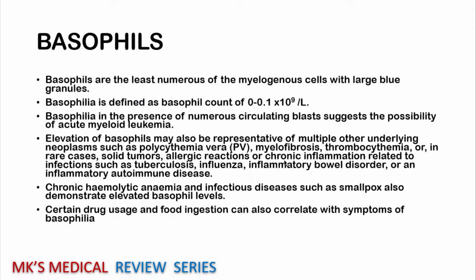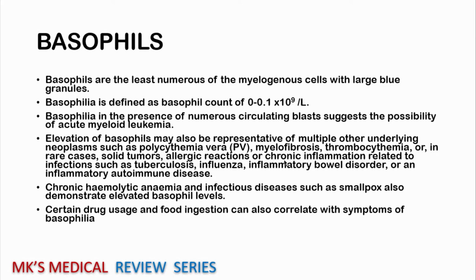Moving on to the last white blood cell differential, which is the basophil. These are the least numerous of the myelogenous cells with the large blue granules. Basophilia is defined as a count of 0 to 0.1. Then basophilia in the presence of numerous circulating blast cells is going to be suggestive of acute myeloid leukemias. You may get an elevation of basophils that may also be representative of multiple other underlying neoplasms such as polycythemia vera, myelofibrosis,